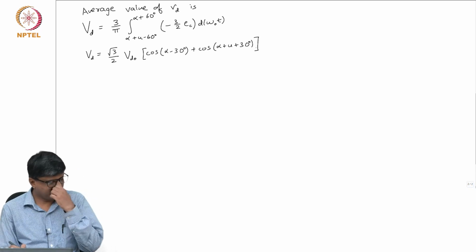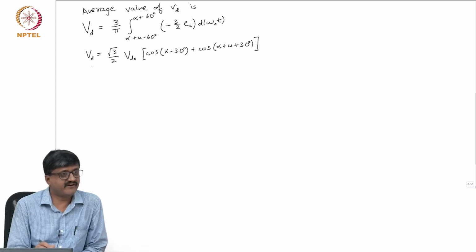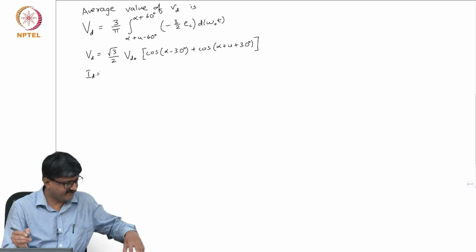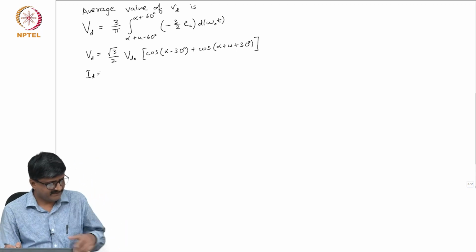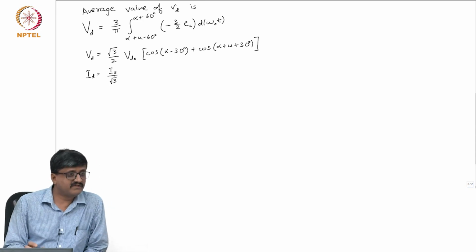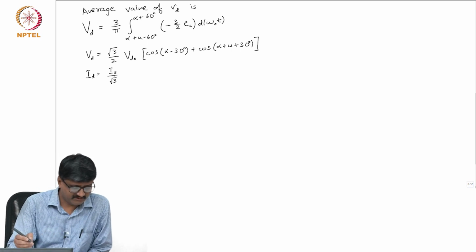Now in the last class, we got the expression for ID in terms of IS, alpha and u. If you recall, we derived this equation, so I will just rewrite that equation. ID is IS by, of course, the last step I didn't go through all the manipulations. I am asking you to do that.